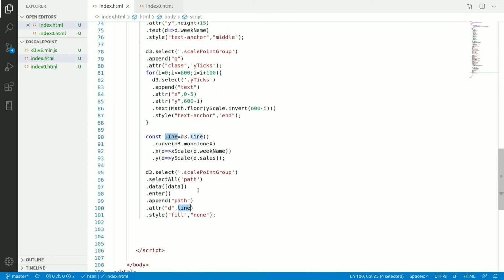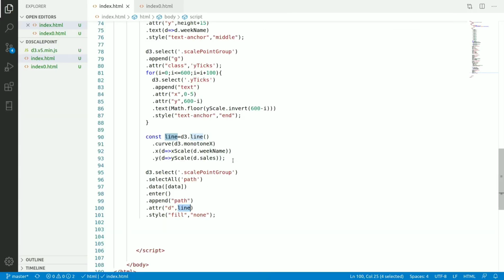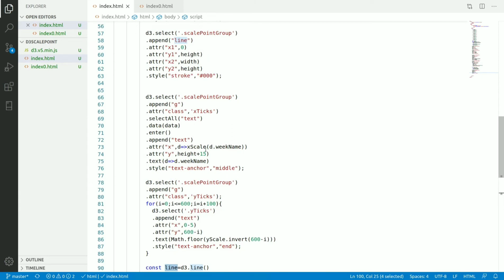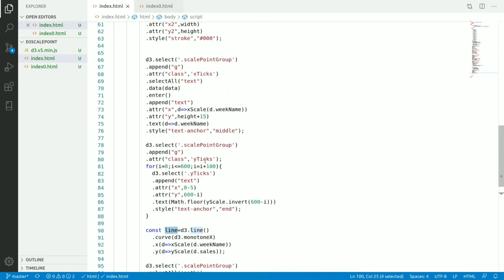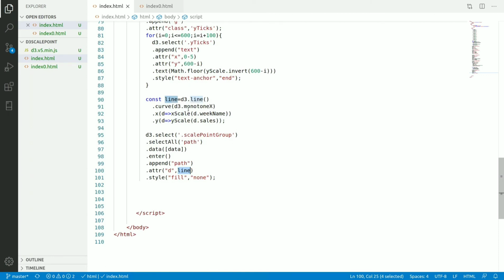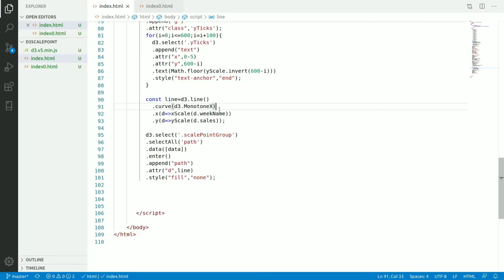What mistake have I made? Okay, in the curve it should be d3 dot curveMonotoneX. I am removing this.